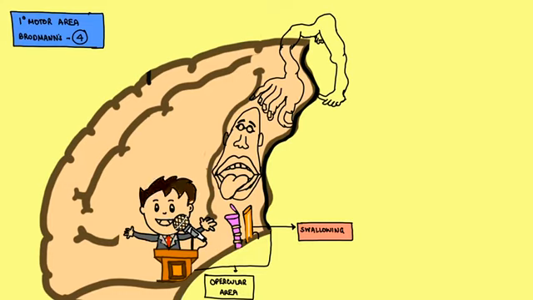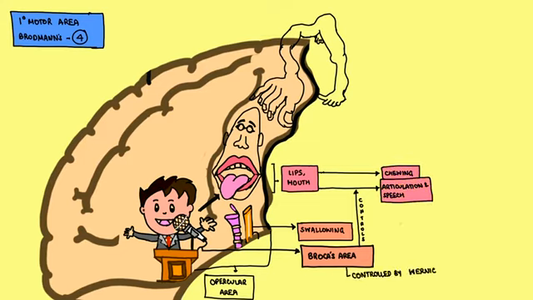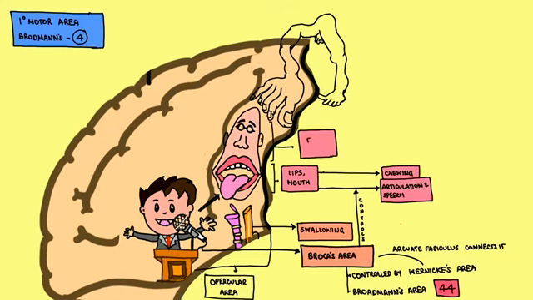This Broca's area orchestrates the lip and mouth, the articulation apparatus, in such a way that specific sounds and voices are produced. And then this Broca's area is actually controlled by Wernicke's area, which we saw in the temporal lobe. This connection is by the arcuate fasciculus. The Wernicke's area gives commands and the Broca's area follows it with this articulation apparatus, the lips and the mouth. And the lips and mouth also help in chewing as well as mastication.